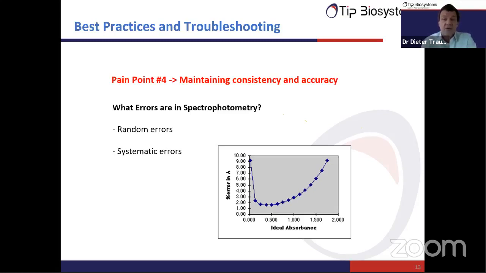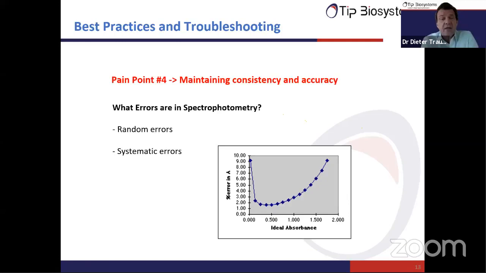Random errors arise from certain uncontrollable things in the environment and so on. They are a little bit difficult to reduce. They always happen. They're usually not that big. One way to get rid of them is to do repeated measurements of the same sample and taking an average of those measurements. So more serious are systematic errors.